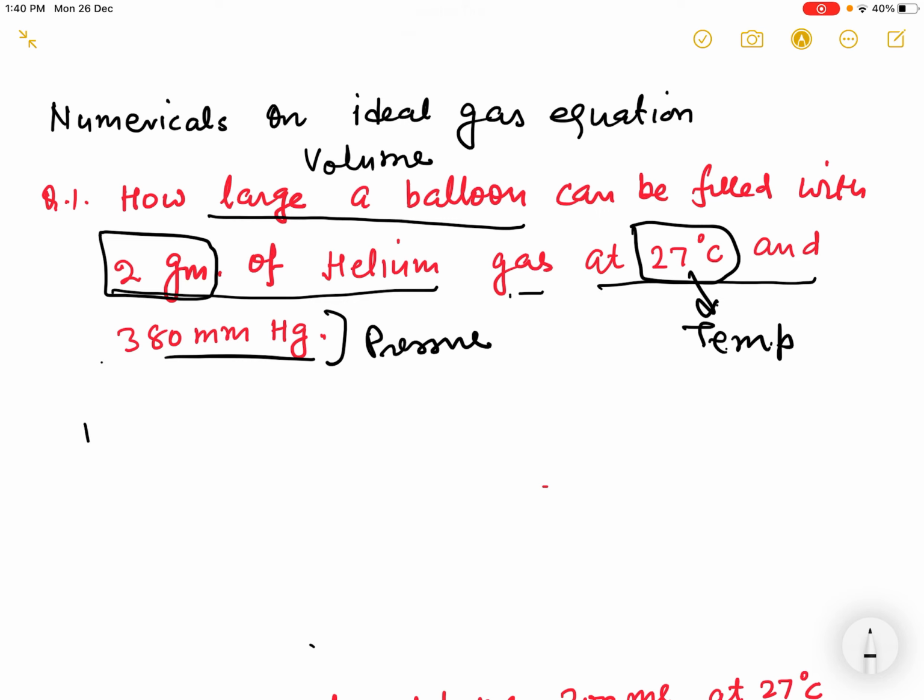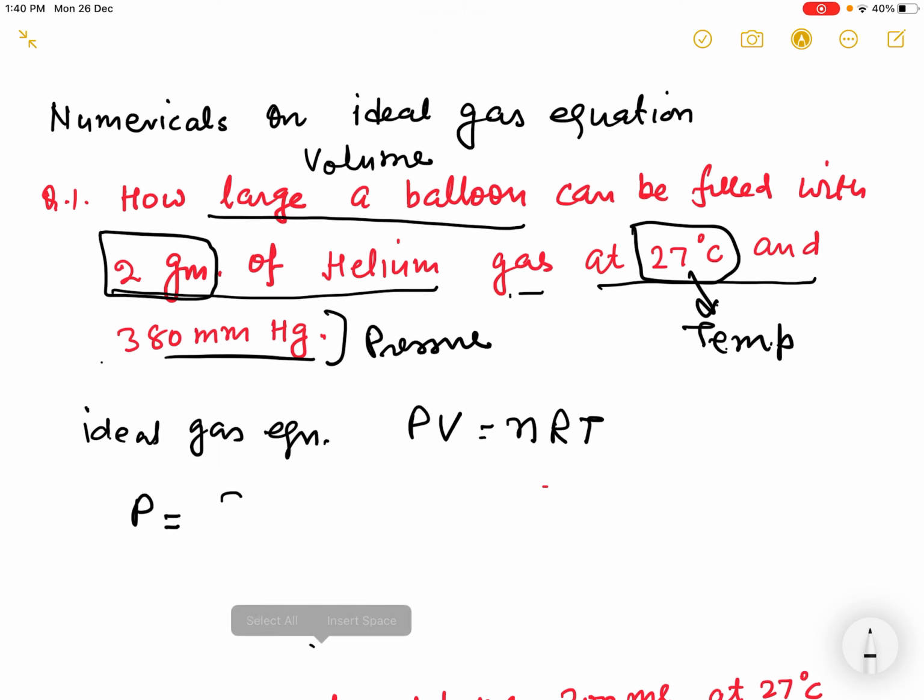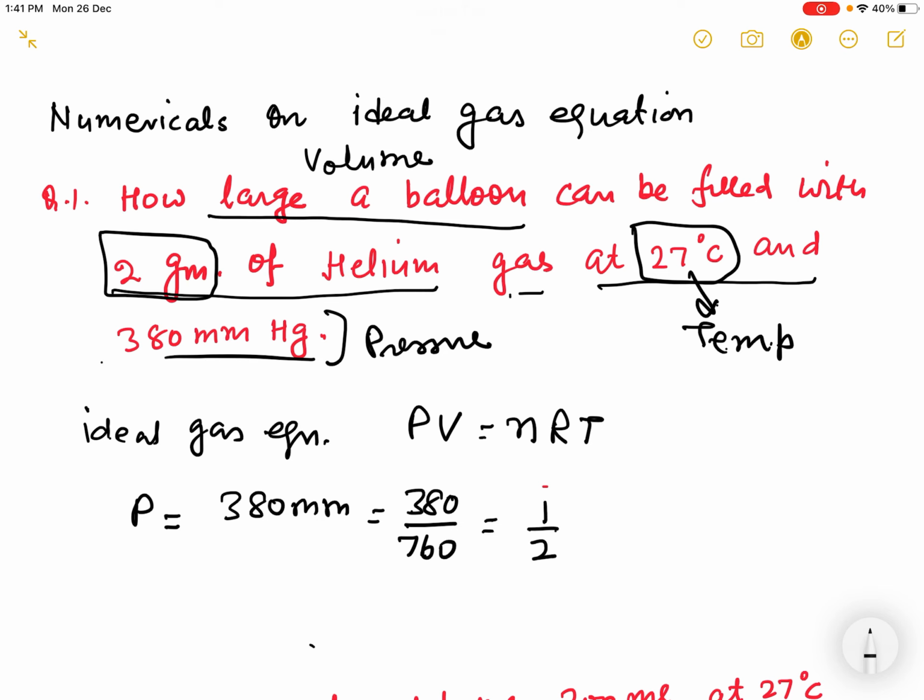Now we know the ideal gas equation is PV is equal to nRT. Here P is pressure, 380 millimeter, and it should be converted into atmospheric pressure. Then we divide it by 760 and this is equal to 1 by 2 atmospheric. Okay, volume we have to calculate,